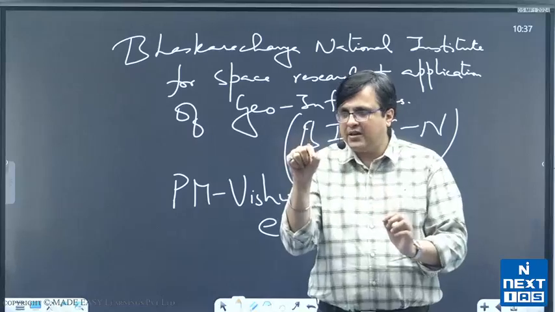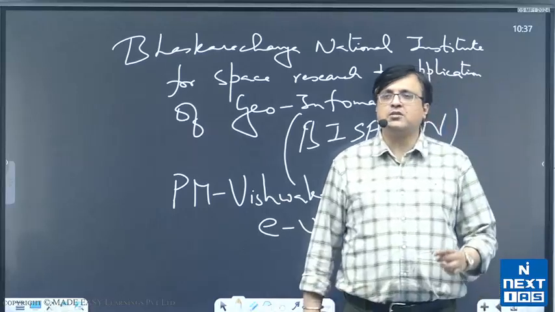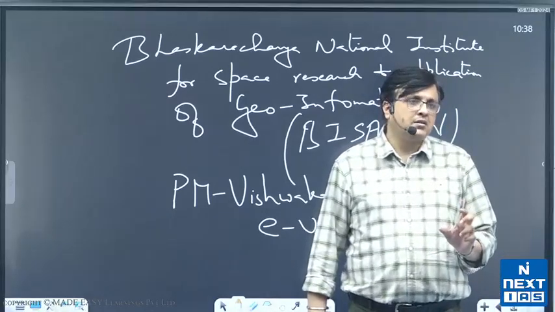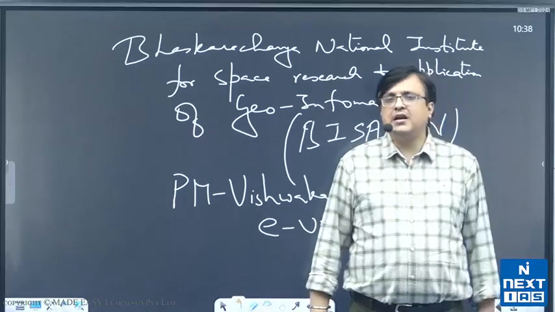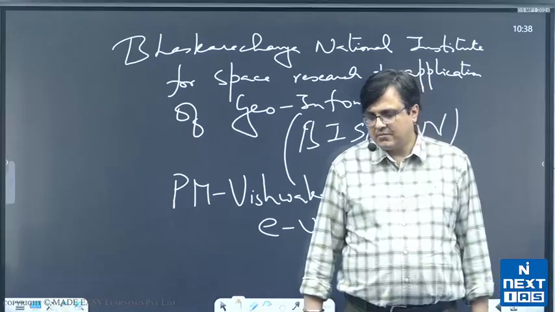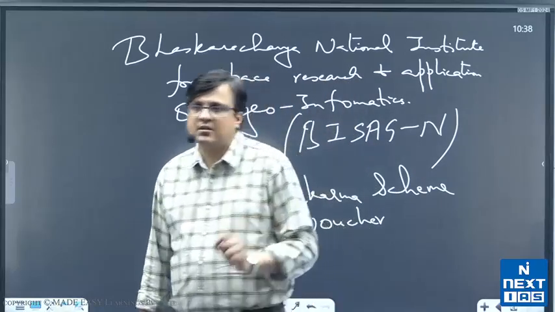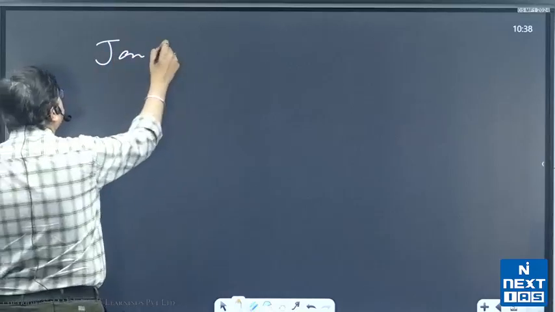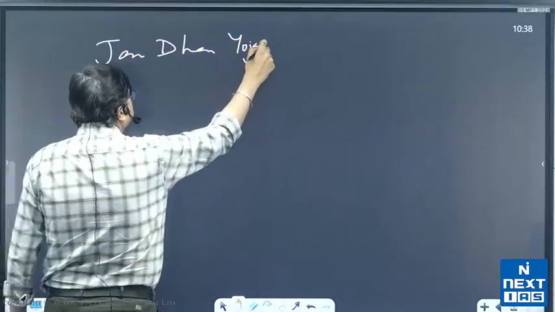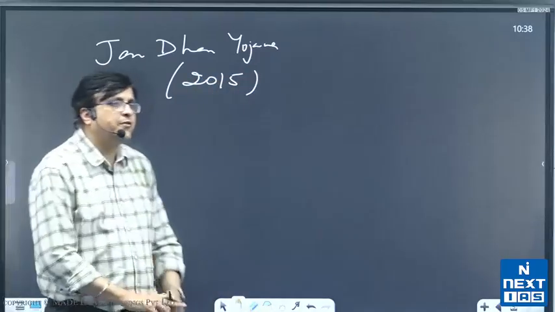So you write within that A, banking inclusion, and put a dash and write: government has initiated Jan Dhan Yojana from 2015